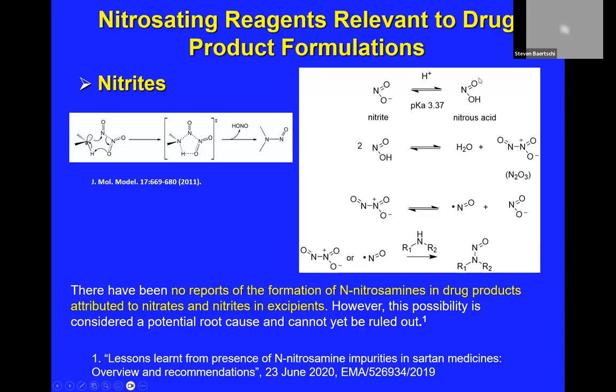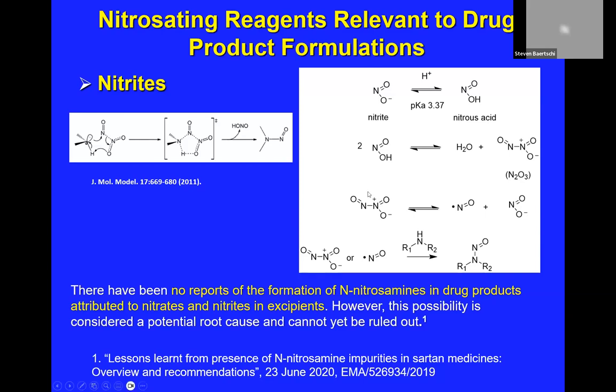Nitrous acid is a potent N-nitrosating agent, and it is typically believed that two nitrous acid molecules combine together, they condense with a release of water to form N2O3, and that N2O3 is the primary N-nitrosating reagent when nitrite is present under somewhat